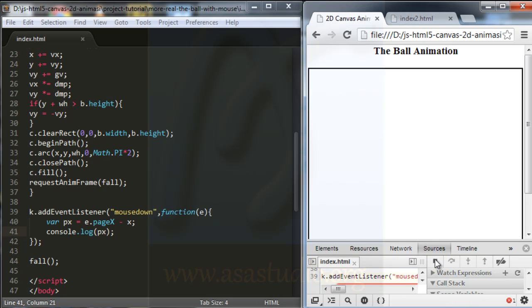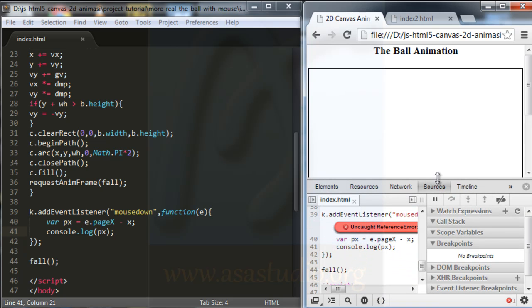Okay, I have an error, and I think this error is because my variable is undefined.